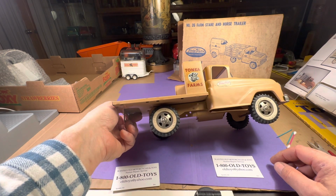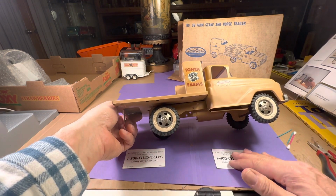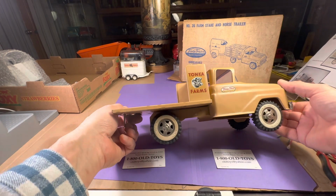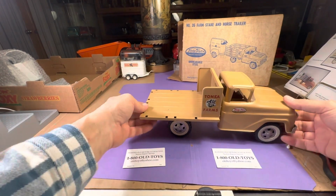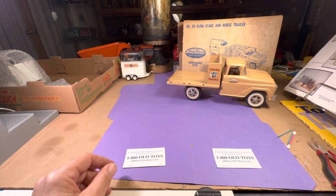I had to focus on those trucks because of space constraints. The big trucks, the tractor trailer trucks, two of them take up the space of three trucks. And this actually is a Tonka Farms truck, and it comes with the Tonka Farms trailer. So before we get to see the trailer and the